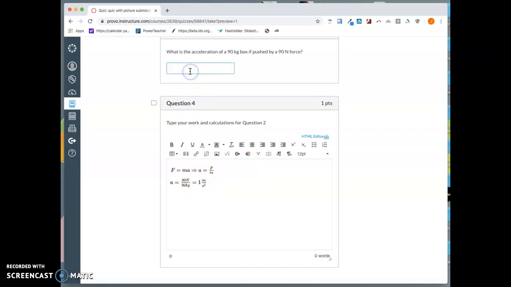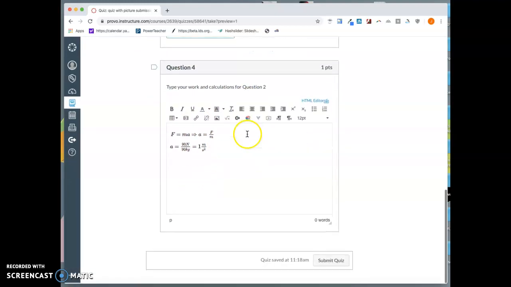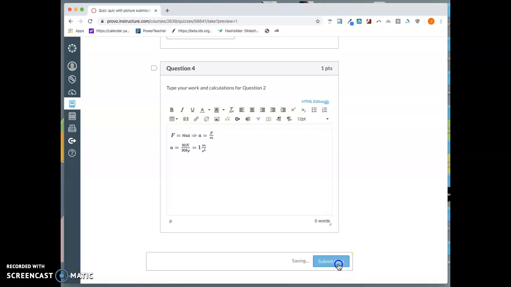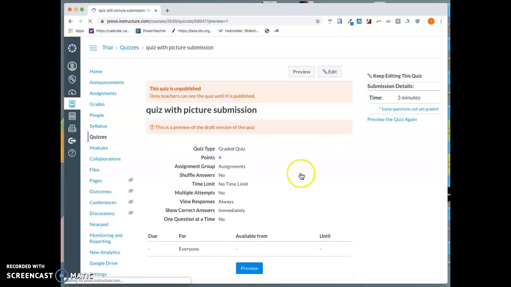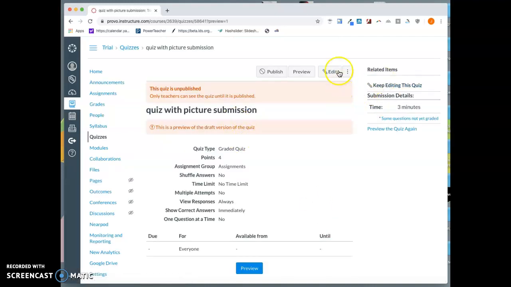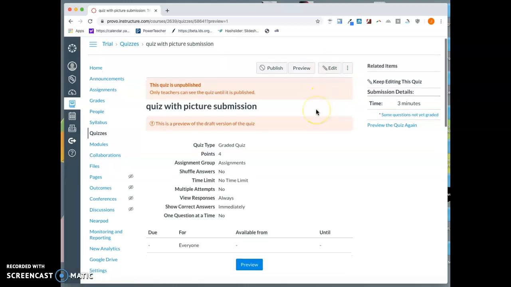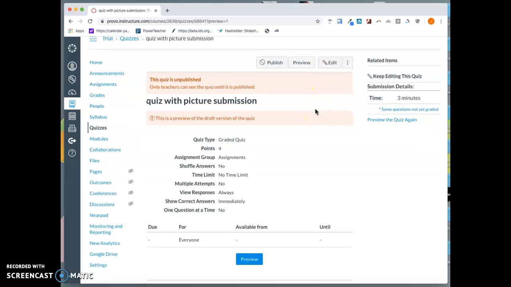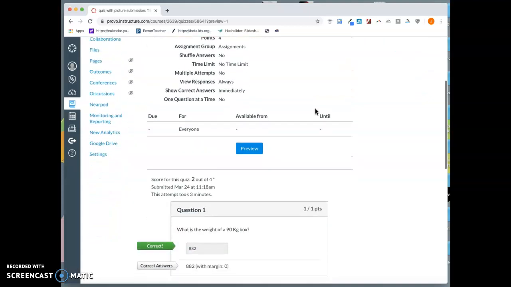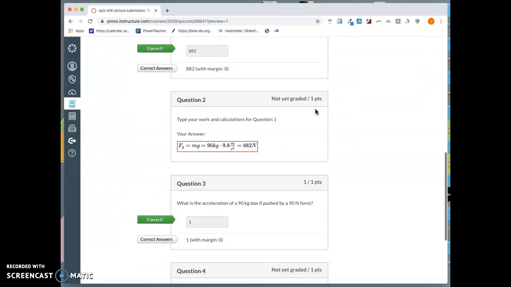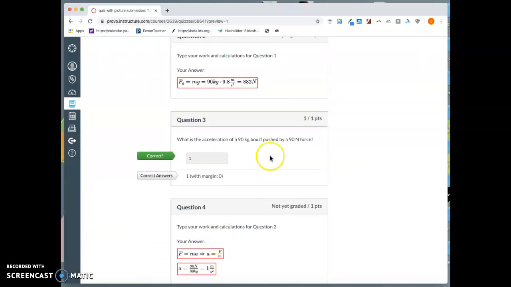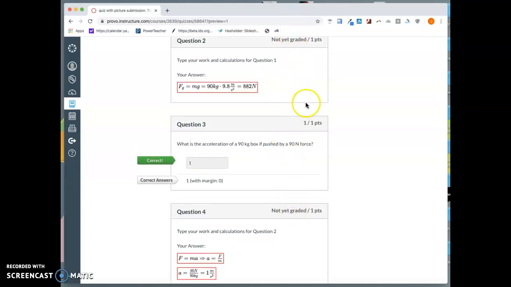So I've showed my formula and my work, and then I can actually just come back up here and I can just put my answer, 1 meter per second squared. Then I would just submit it. And when I submit it, then it will grade, and I can, as a teacher, go through and see your work and give you partial credit on those questions if maybe you didn't get those questions correct. And I can see what you did, and I can grade each one of these to get it out of